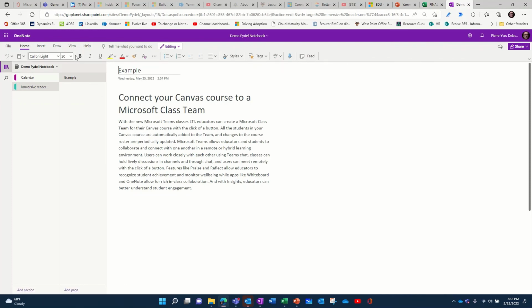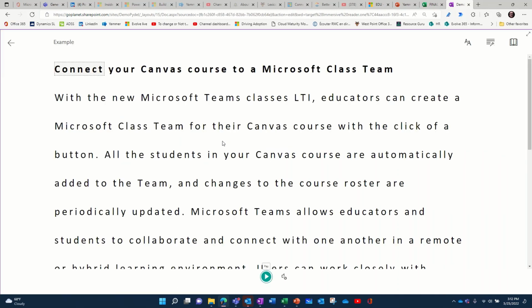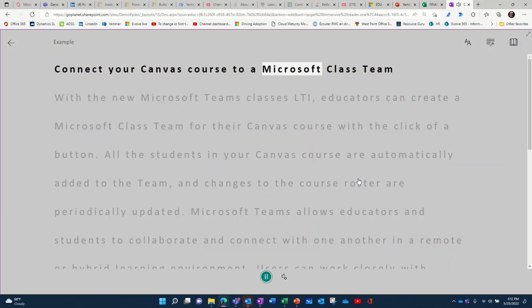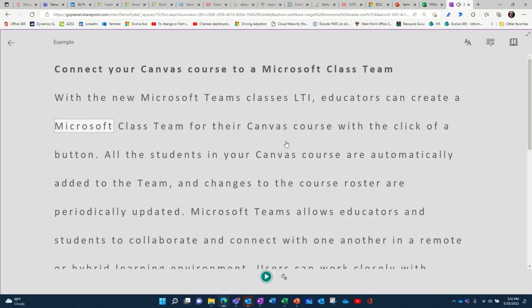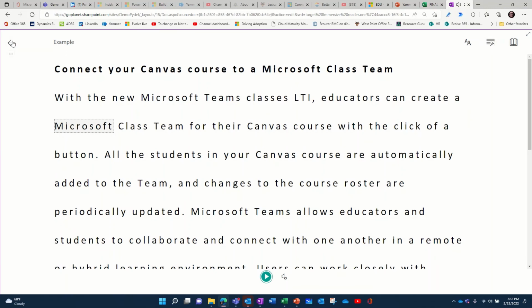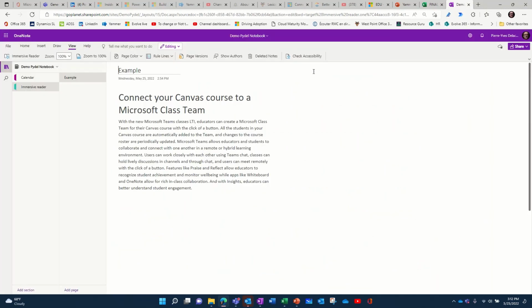And same thing, it should be somewhere in the View, I guess. Yeah, so I'm going to press Immersive Reader. And sure enough, it works. So wherever you are, almost, except maybe Excel and PowerPoint,